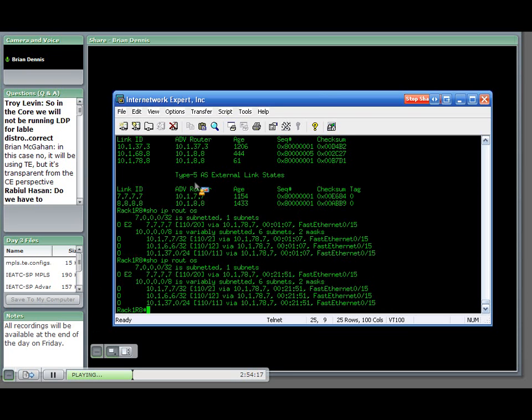Now we have this. We also have this backdoor link in place here. What I'm going to do is